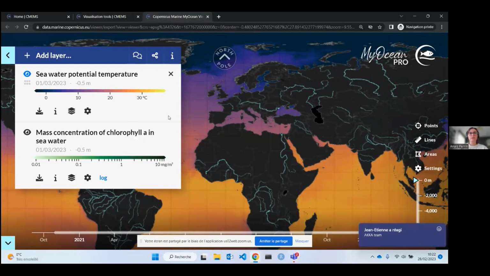In our case, we will be interested in these two variables, but it will also be interesting to add the current speed for the IBI region. To search for a product through our catalog, you just have to click on Add Layer, and you